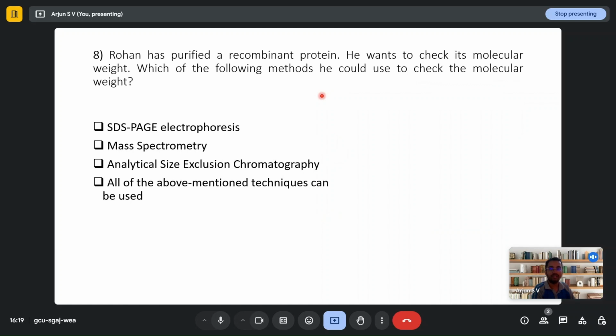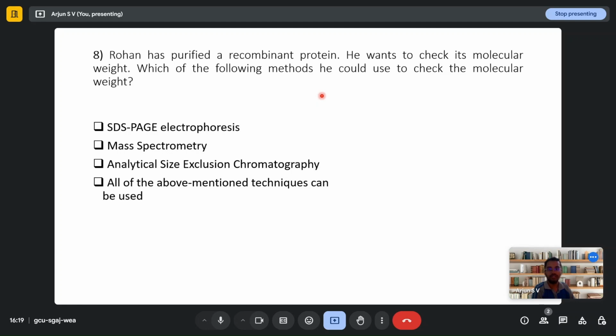So, question number 8. Rohan has purified a recombinant protein. He wants to check its molecular weight. Which of the following methods could he use to check the molecular weight? The options given are SDS-PAGE electrophoresis, mass spectrometry, analytical size exclusion chromatography, and all of the above mentioned techniques